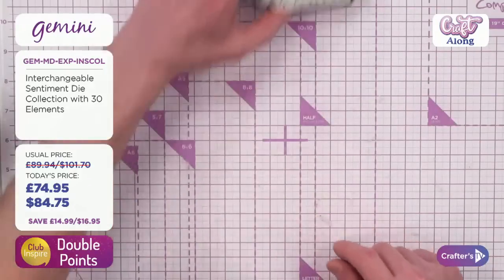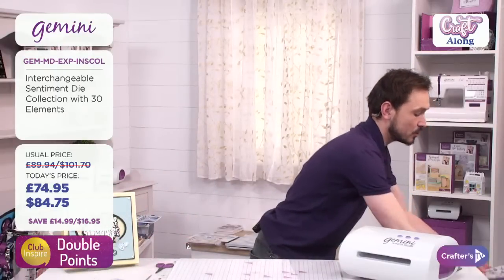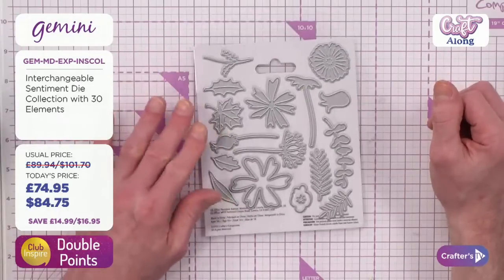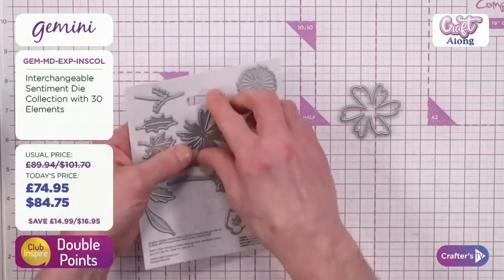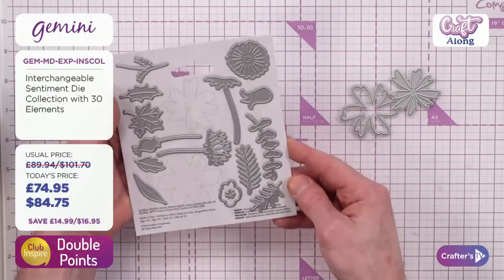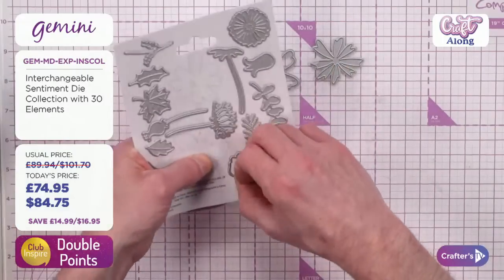So at this point, I'm going to move that one out of the way, and then we can come on with another bit of cutting. So I decided, because so many people got the big year of crafts, that let's bring in some of the floral flowers from this set here. I'm only going to use that one, and where am I? That one. I've used 3. So I'm using that one twice, then I'm using that one, and then this little one here